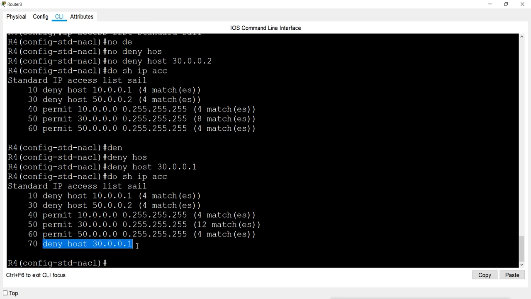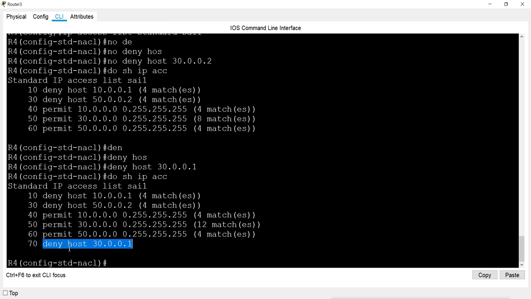Now bottom of the list means what? Our permit entry is above that deny entry. That means whenever any network 30 host comes and the router checks the list, it will not match in this, it will not match in this, but it will match here that it is network 30 and it says permit. So it will permit the whole network, but it will not check this entry here.